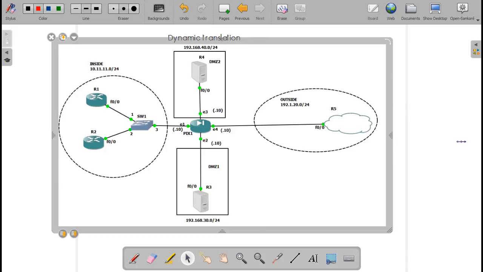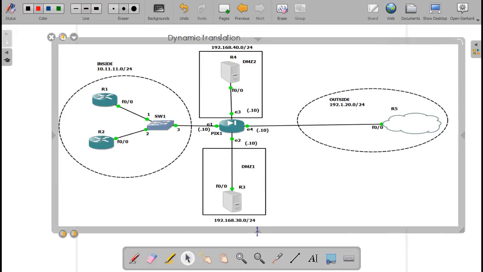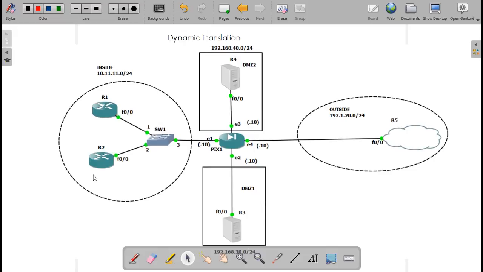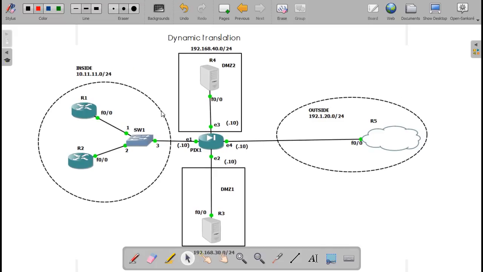As per the rule, you're going to use the global keyword to create a pool.